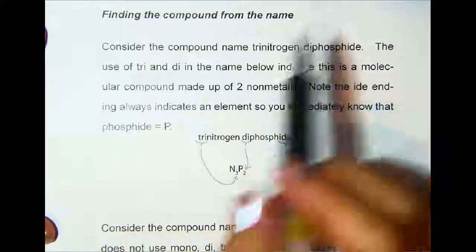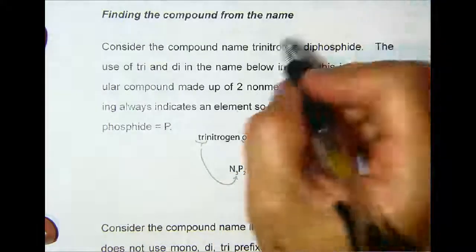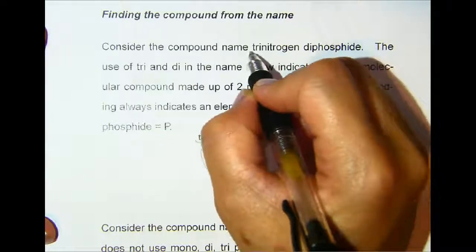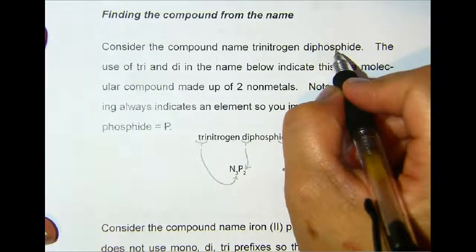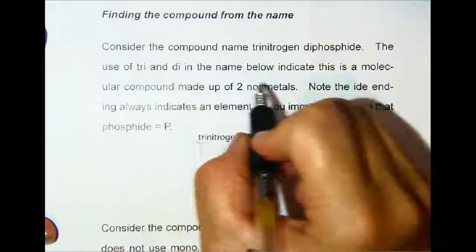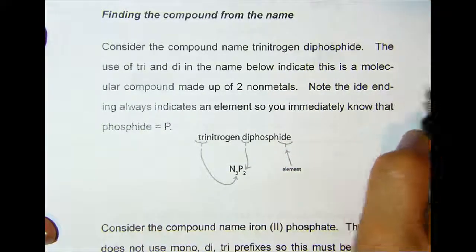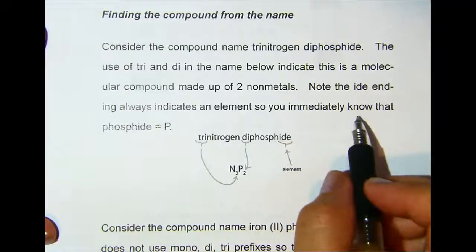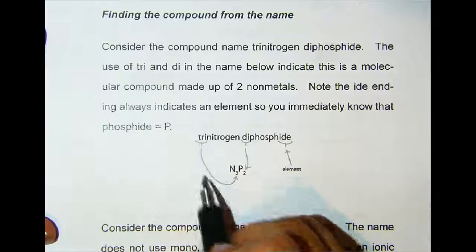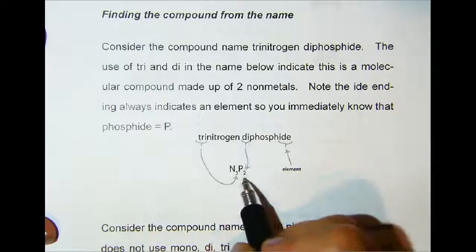Finding the compound from the name. Consider the compound name trinitrogen diphosphide. So I know that I have trinitrogen, that's going to be N3, diphosphide, that's going to be P2. The use of tri and di in the name indicates this is a molecular compound made up of 2 nonmetals. Note the "ide" ending always indicates an element, so you immediately know that phosphide is equal to P. So trinitrogen, tri puts the 3 as a subscript for nitrogen, and diphosphide, di gives me a subscript of 2